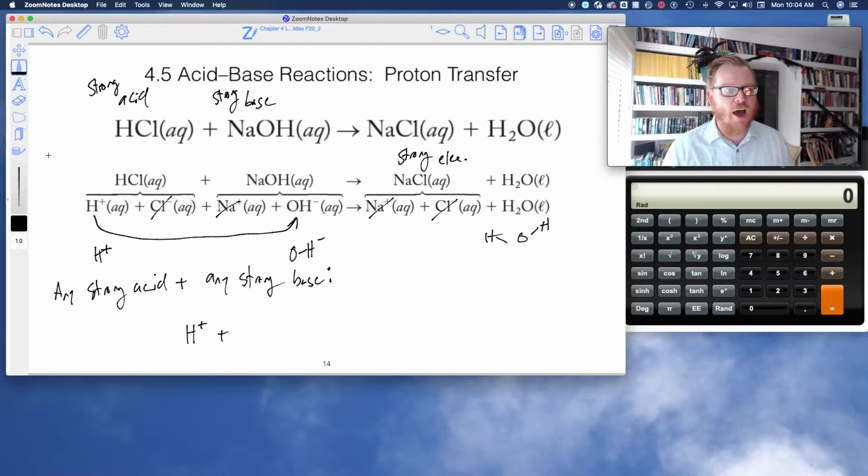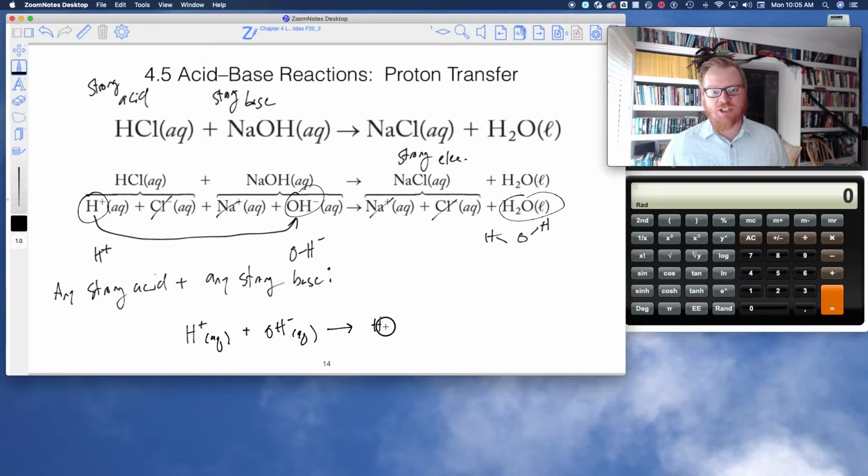shorthand. I'm going to give it another name soon. I don't want to confuse you too much yet. For now, let's just think of this as a shorthand reaction, abbreviation or something like that. We actually call it the net ionic equation. I'm going to introduce that shortly. But any strong acid with any strong base can be abbreviated by writing H plus OH minus to make